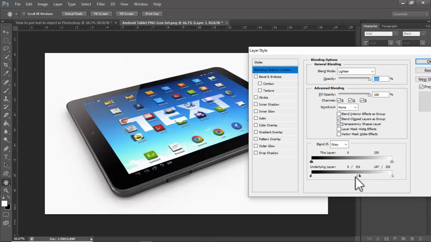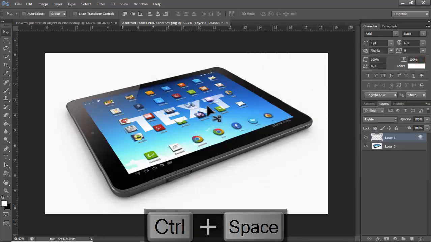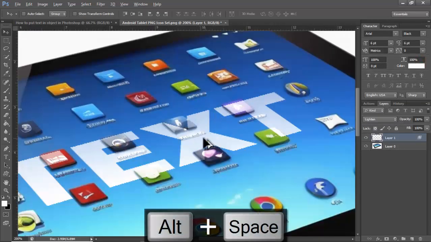Hold Alt. Click OK. Now we can see this put text